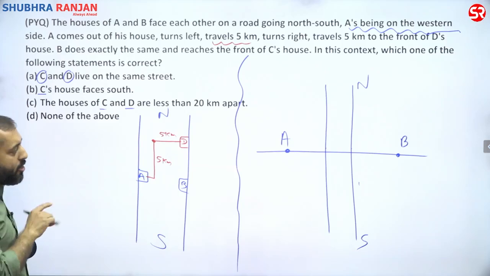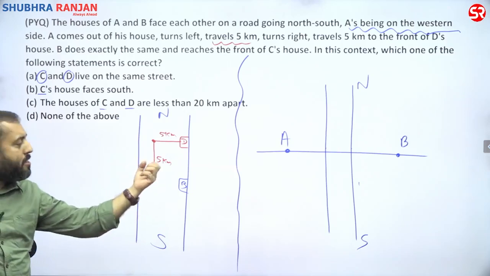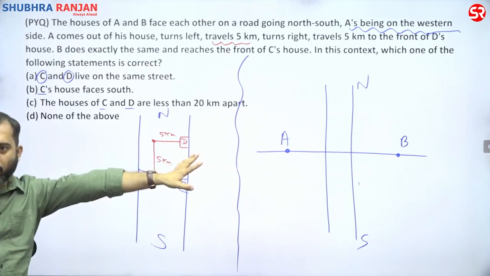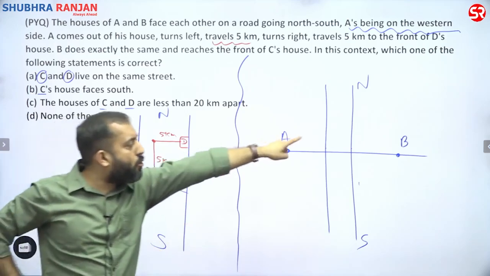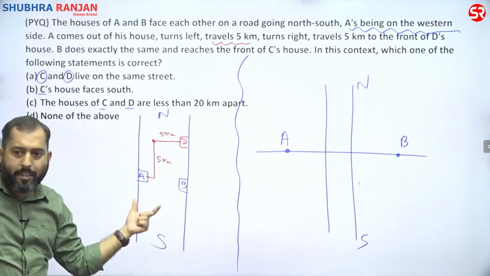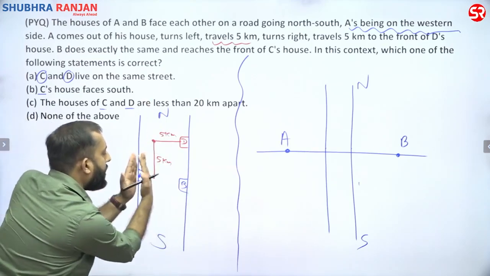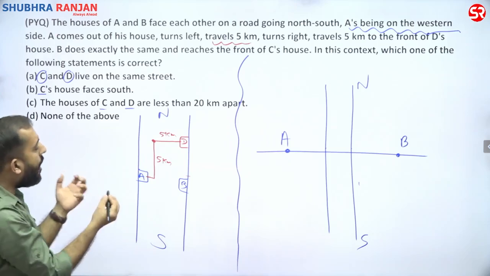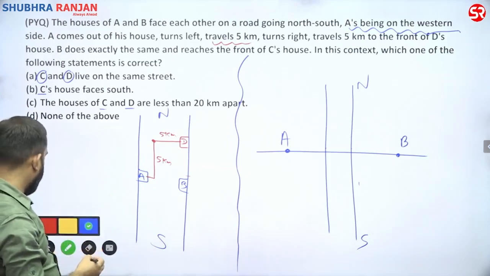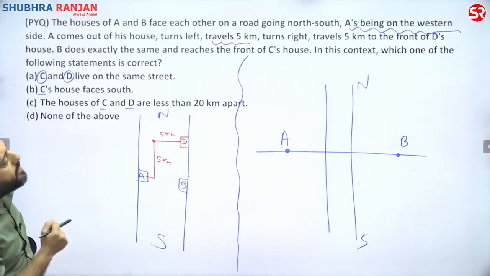According to proper town planning, I can do it this way, right? Now, I think this is more relatable, which is why I was avoiding the other. No issues, I'll solve this question using this as well, but try to understand this, because this is the street now and the houses of A and B are facing each other, so this has to be there, right? Done? Okay, what next?